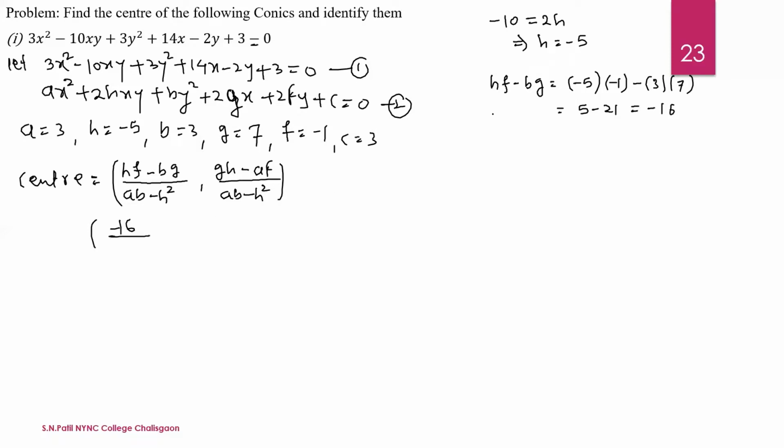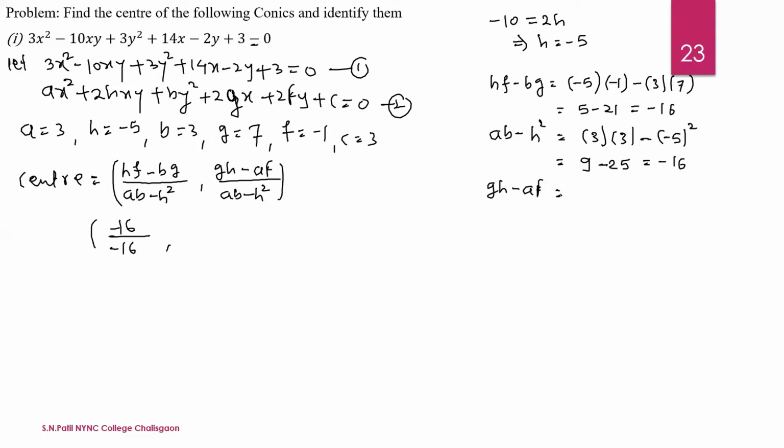divided by a into b minus h square. The value of a is 3, value of b is 3, value of h is minus 5, its square is 25. Okay, 9 minus 25 is minus 16. Minus 16. Okay, comma. Now g into h